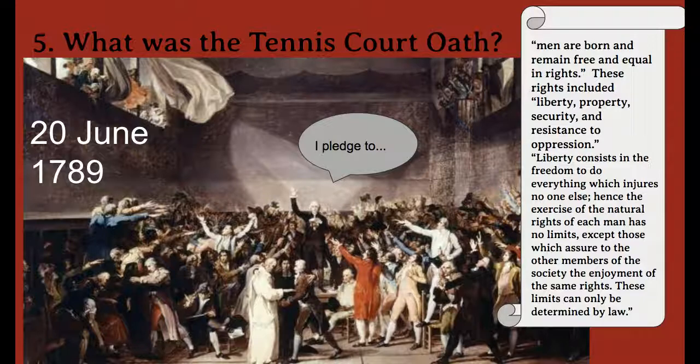The Tennis Court Oath was this promise. All of the members of the National Assembly took the oath, the promise that we will not leave until we write a new constitution, we create a new government for France. Everyone present, except for notably one person, but that's a separate story, took an oath to support the new government of France. At this point, several more nobles joined, probably out of fear.